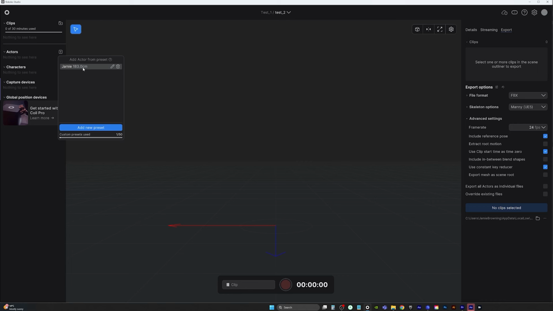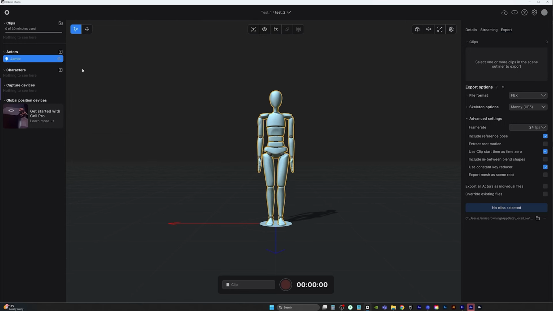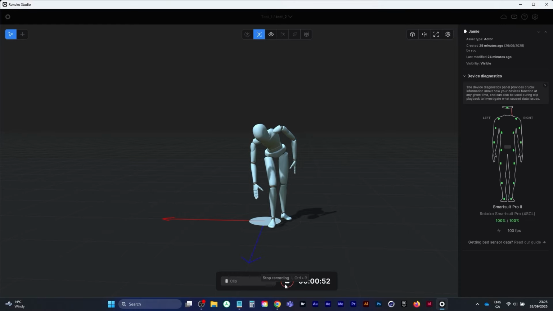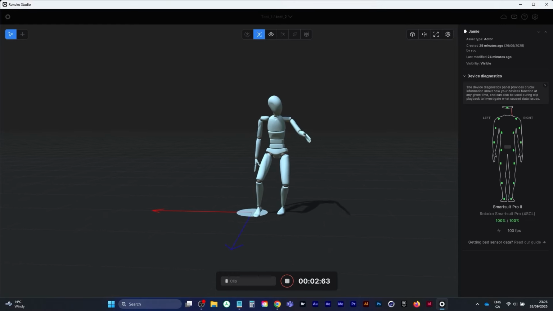I've already set up my actor from the setup when I first installed Rokoko Studio, so I can grab my guy. I just needed to input his height. And now what I need to do is go ahead and set up my capture devices. So capture device added, I can click on record, and basically it's just a case of pretending to be a